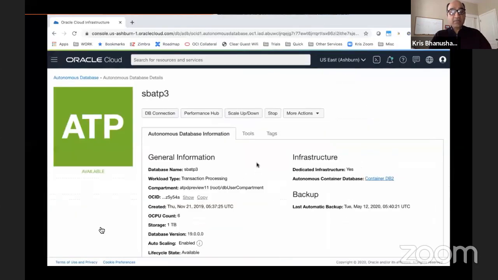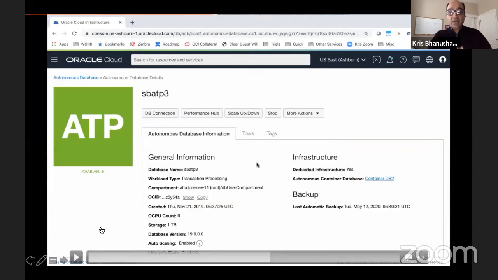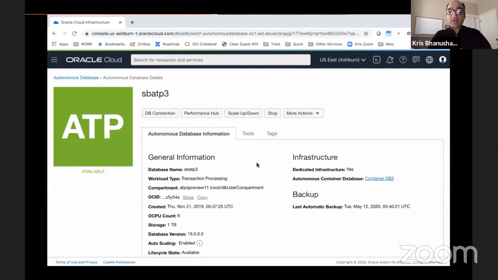Now, there's one other thing we can take a look at. I also mentioned a few times that your application need not shut down when a maintenance operation occurs or if there's a failure in the backend. So the availability aspect of it and the online maintenance is a key marquee feature of the Oracle Autonomous Service. So I want to quickly demonstrate how that works.